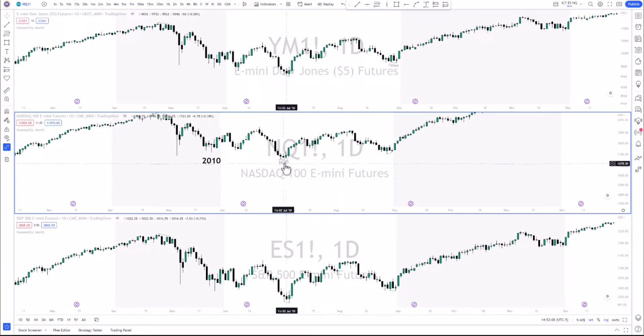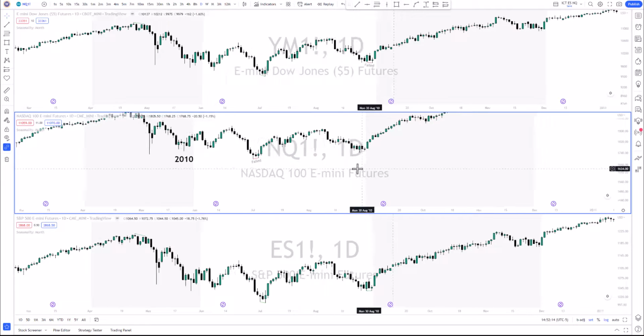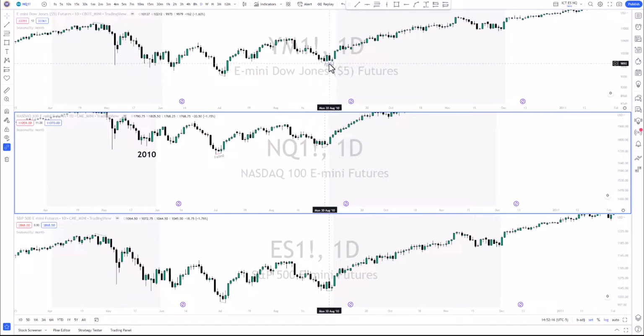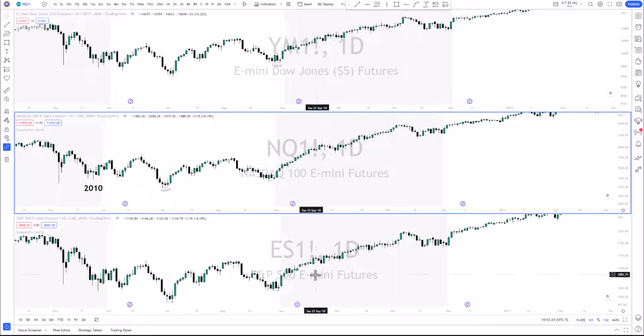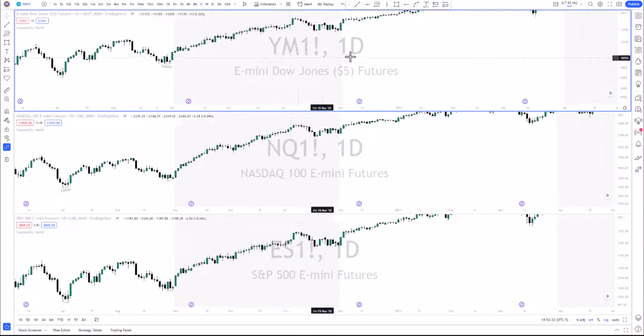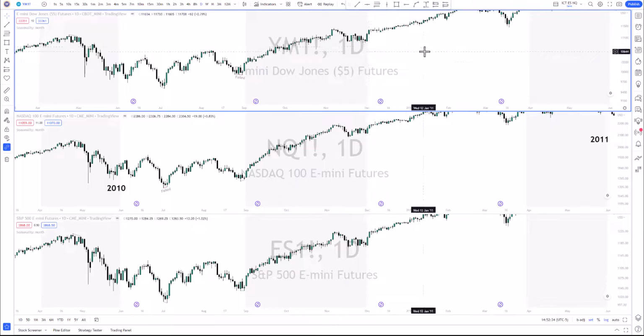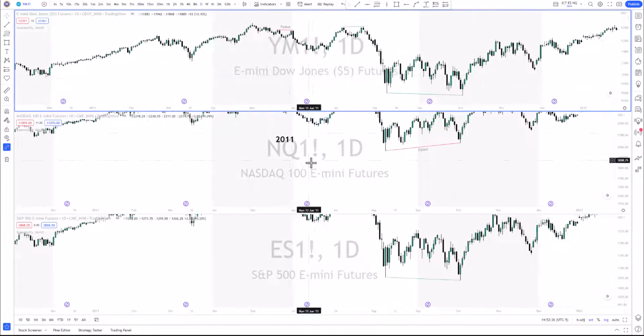I wanted to note here we failed to make a lower low in the NASDAQ, started grinding higher, and then again this failed to make a higher low, so this was a nice run into the fall. So we had ES and NASDAQ making higher lows, and that Dow failed. So that was a nice run into the end of the year. 2011,